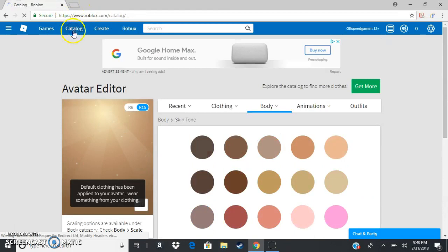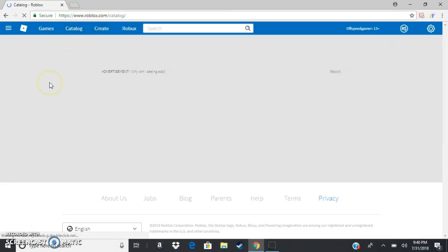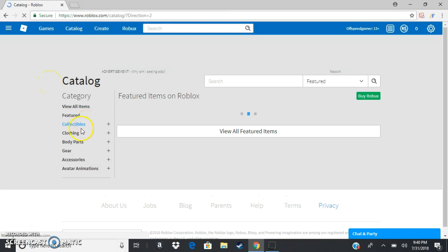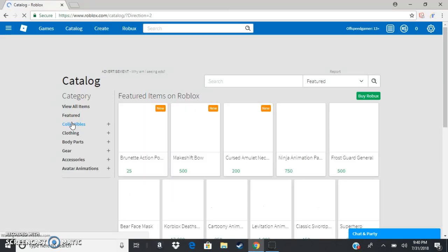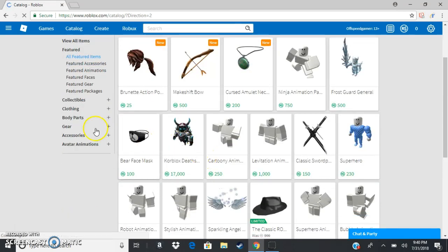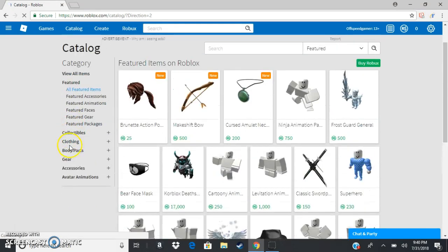Now you go in the catalog and you get everything in the catalog, but that's gonna be a long video. I'm just gonna get all the important things. I'm gonna get all the free things, and I'm also gonna show you how to get free Robux. But you have to use my group in Roblox. Waiting. Okay, so